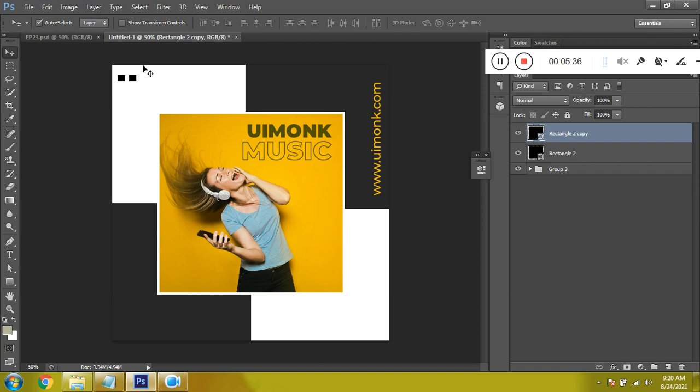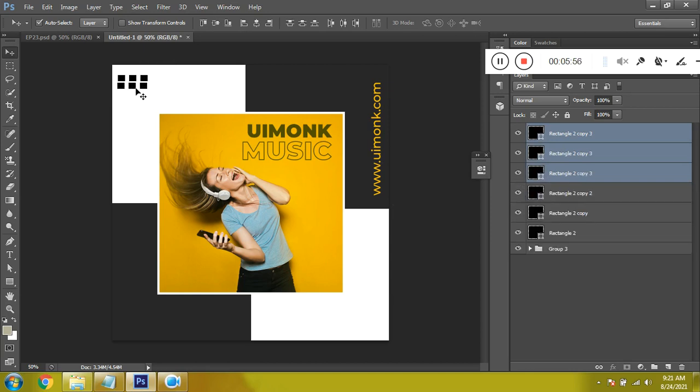If it does not work, press V again. Press Alt. Drag. Make sure to press Shift. Cool. Now select these three and press V, Alt, drag, press Shift. Great. One more time. Alt, drag, press Shift. Cool.